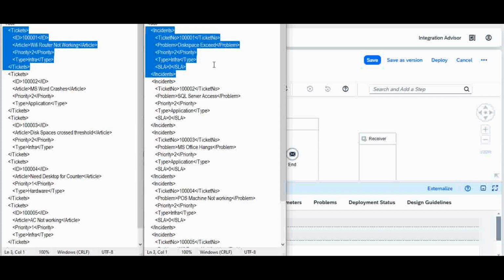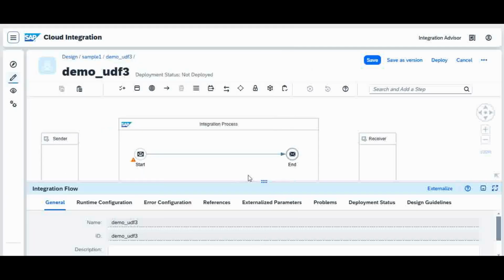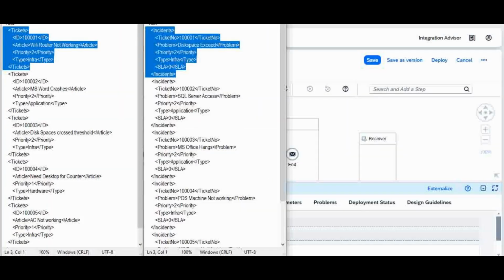So for that I need a message mapping, and inside the message mapping, to calculate the SLA I am going to write a user defined function in a Groovy script. That's what we are going to do now. As you see, for message mapping we need the input and output schema, right? These two schemas I should tell the iFlow to do the message mapping. For that I have to